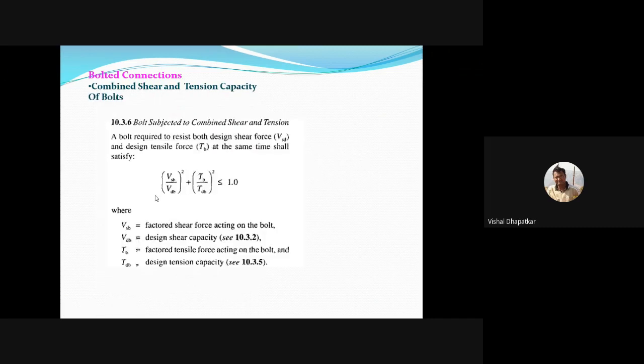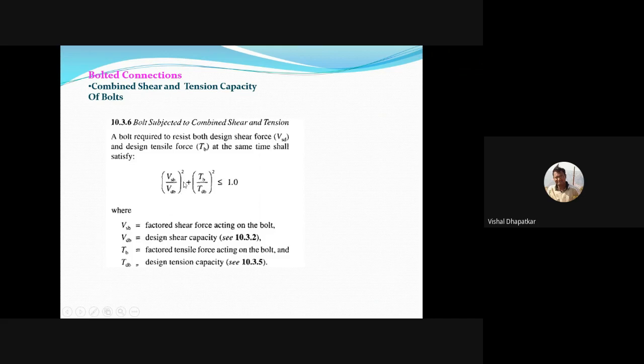Now, how to check the bolts, whether those bolts are sufficient or not? We have to work out the interaction ratio of combined shear and tension. So same bolts we are using for the shear as well as for the tension. So we have to check the combined capacity of the bolts, whether they are capable to take the shear and tension simultaneously. So that can be checked by Vsb divided by Vdb, means actual shear force divided by the design shear capacity, its square,